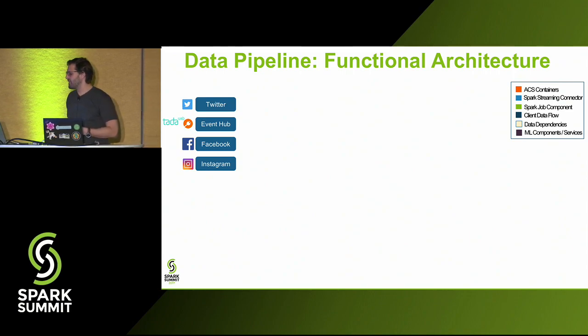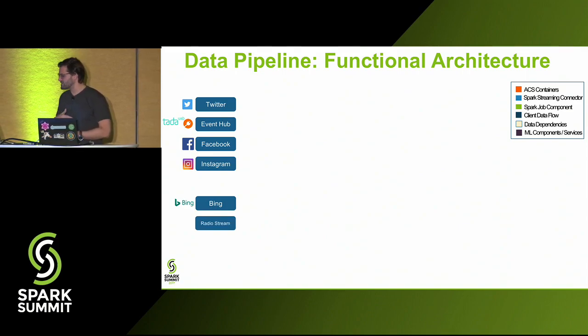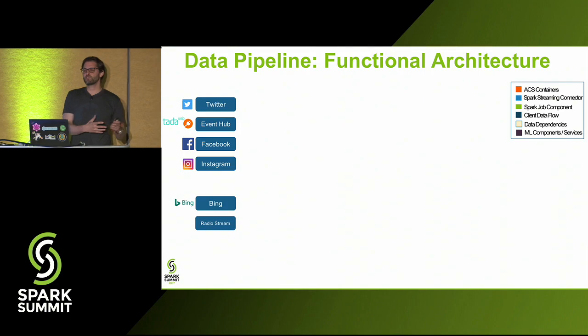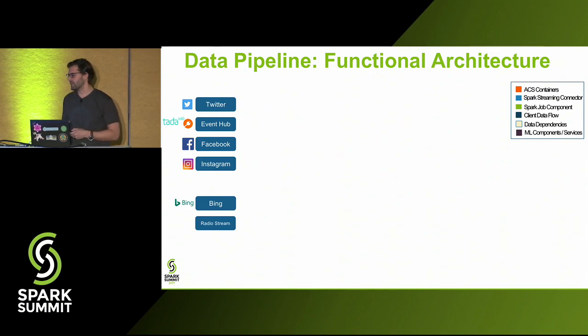We built out Instagram streaming connectors that are able to take images and video from Instagram based on a configurable list of Instagram pages you want to monitor. And then we also open sourced the one for Bing that I mentioned earlier. The next big thing is radio streaming. We're able to take any radio broadcast stream, stream it in, translate that into text, and then treat that text as another event in the pipeline. And we're able to do this in real time.